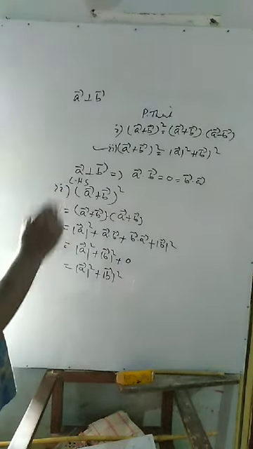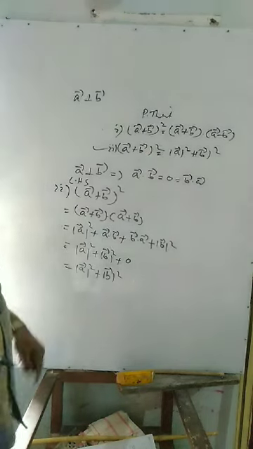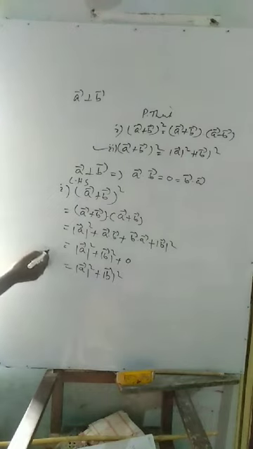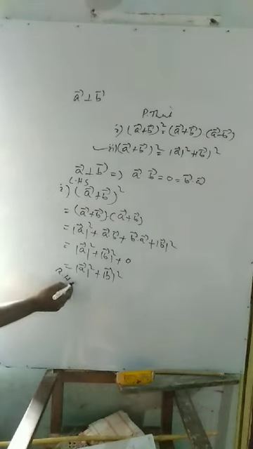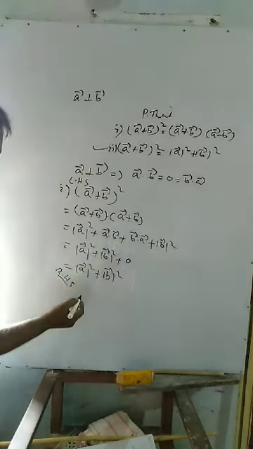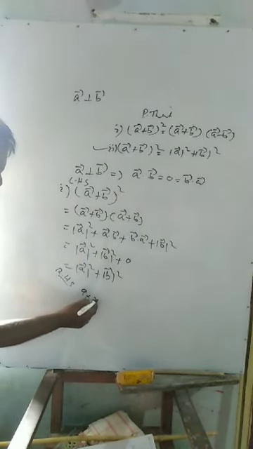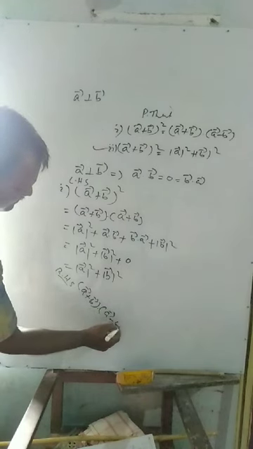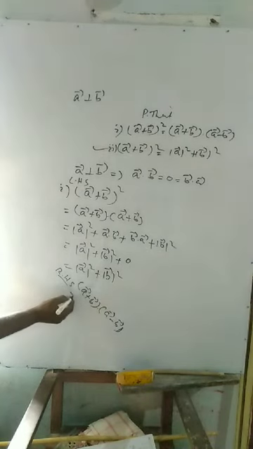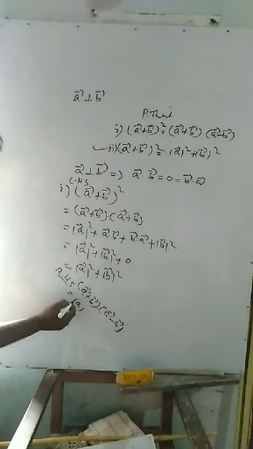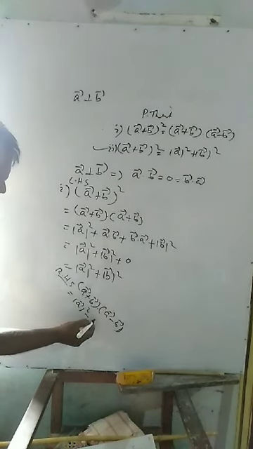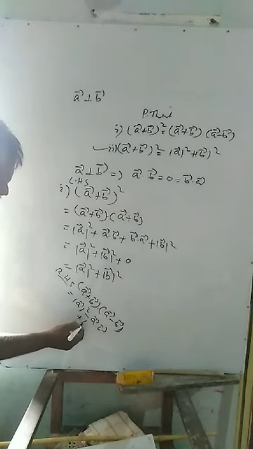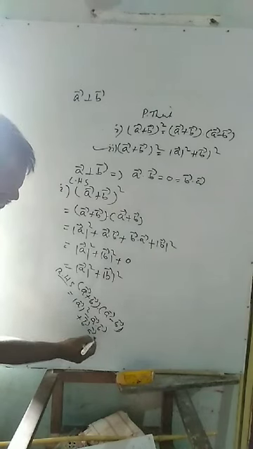The second one is proved. Here also, for proving the first one, take the RHS. This is the RHS: (a plus b) dot (a minus b). Multiplying, a dot a is a vector square, minus a dot b, plus b dot a, minus